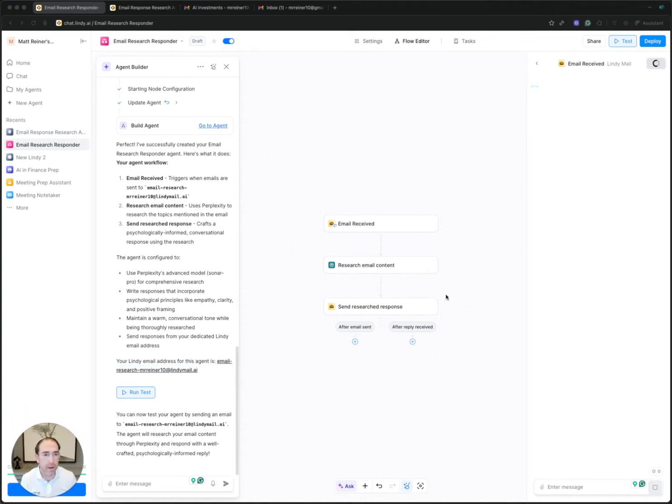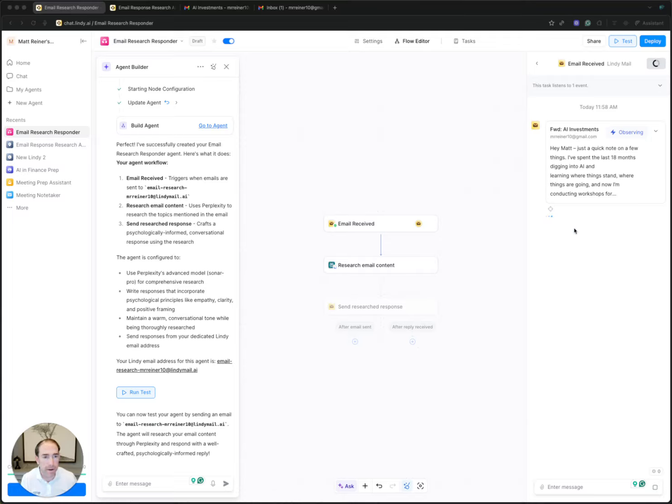I'm going to move myself back over there. It's going to now read the email. So you can see it working. It's got the email. It's working. It's now moved on to the Perplexity step. So it's going to do the research based on the content, and it has an error there. So now what do we do to get this error resolved?